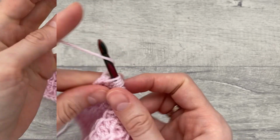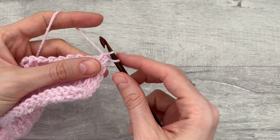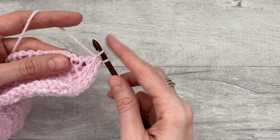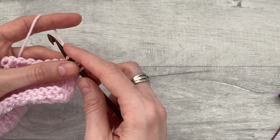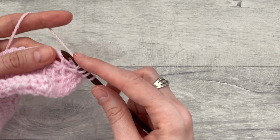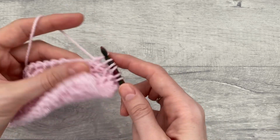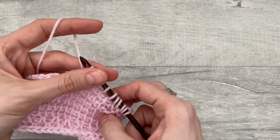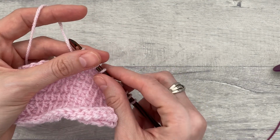And standard return pass. Row number 15, we will work Tunisian simple stitch into the first stitch, followed by Tunisian 2 simple stitches together and yarn over, 2 simple stitches together and yarn over, followed by Tunisian simple stitch in next 6 stitches, 1, 2, 3, 4, 5 and 6, followed by Tunisian 2 simple stitches together and yarn over twice,